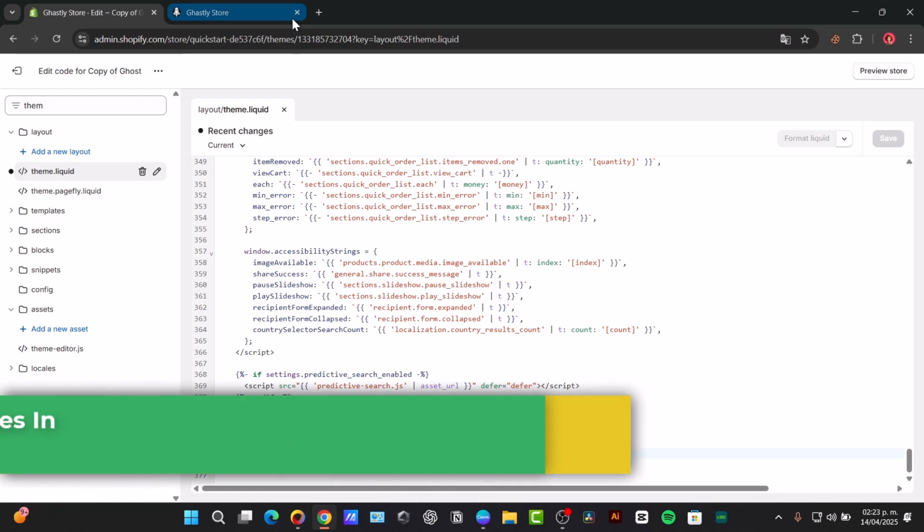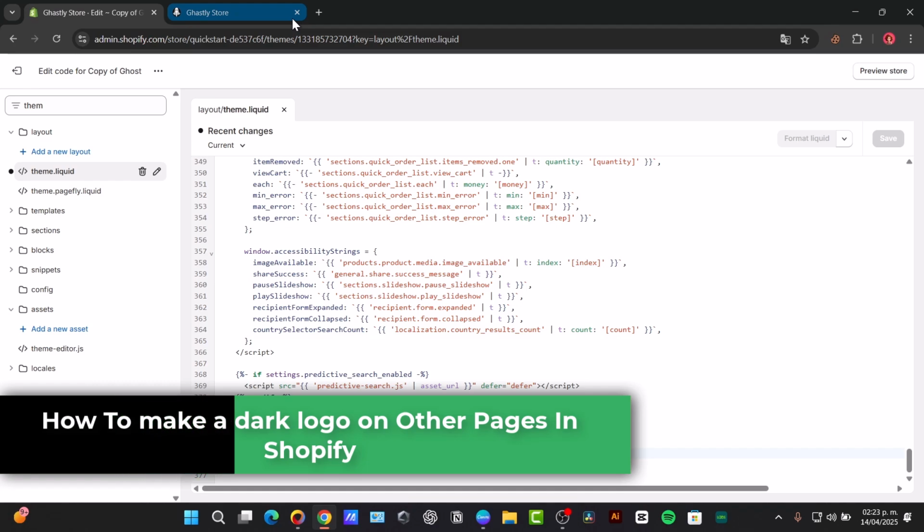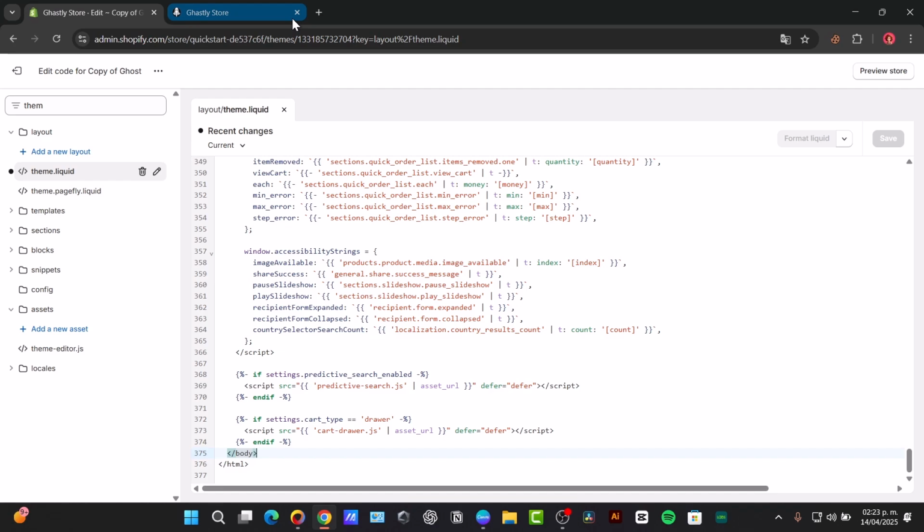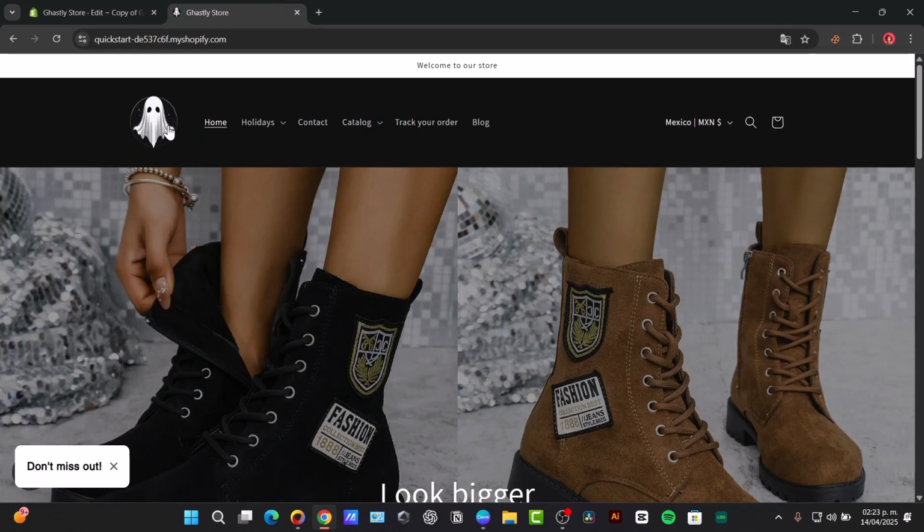Today I'm going to be showing you how to get started with one of the greatest tools of Shopify, which is changing your logo, in this case my logo, to make it darker on other pages in Shopify, which is something that I think is going to be really great. It comes with changing, of course, the attractive colors and all of that, so it's going to be a really easy